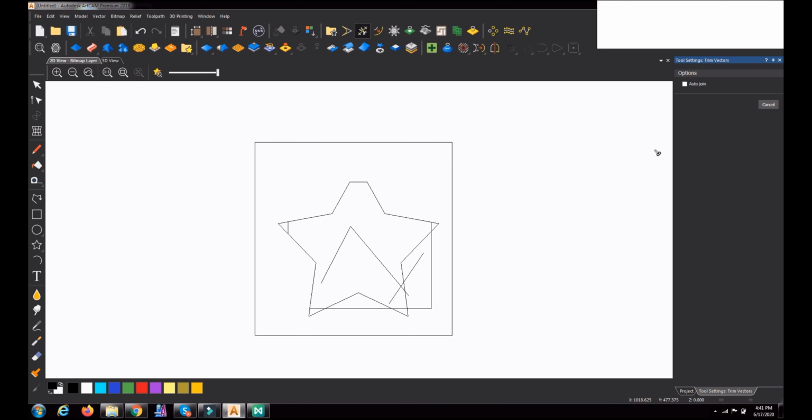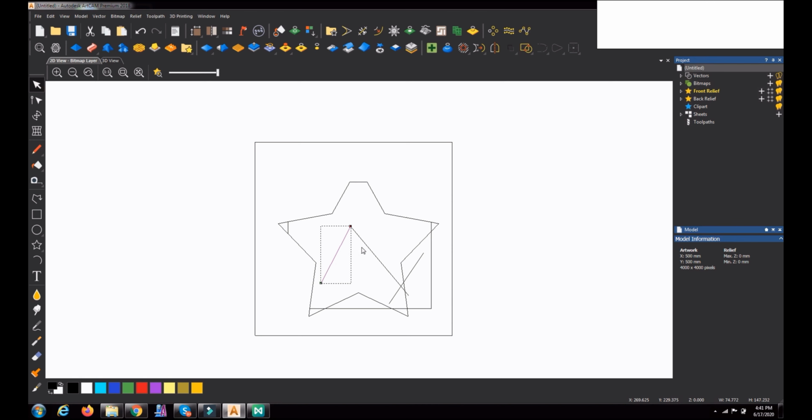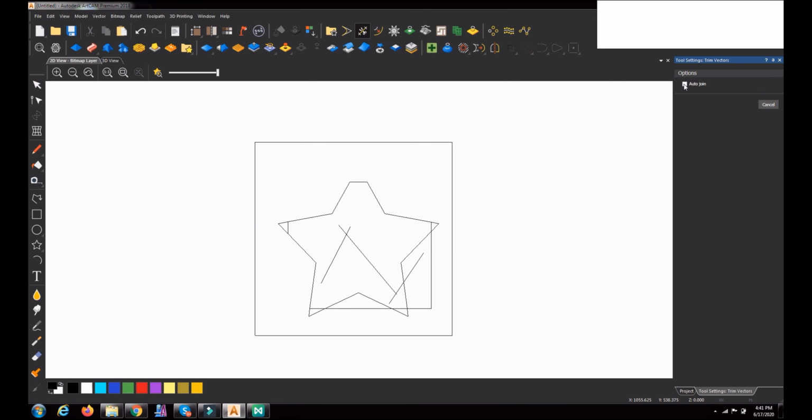Now what happens is that these two are independent lines. Now when I trim, they will act as independent lines only. See, this also is an independent line. Suppose I am using the trim command with auto join. That time, if I trim these two, this object will automatically get joined together.